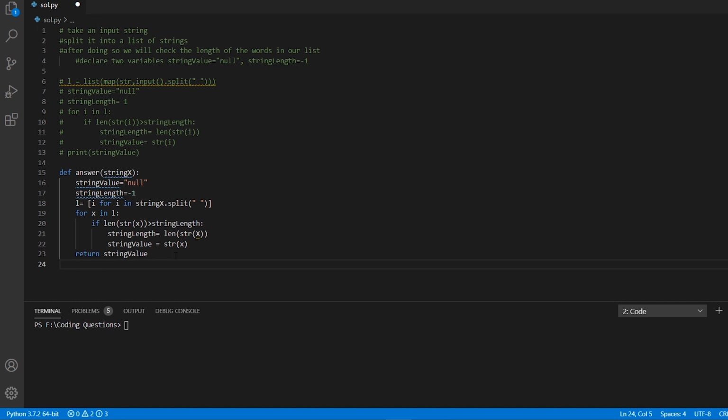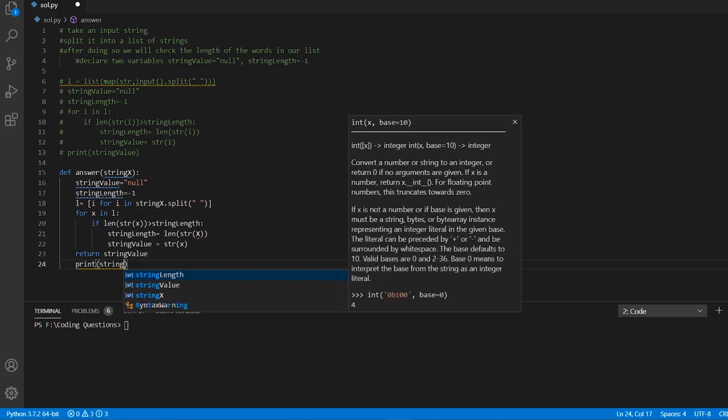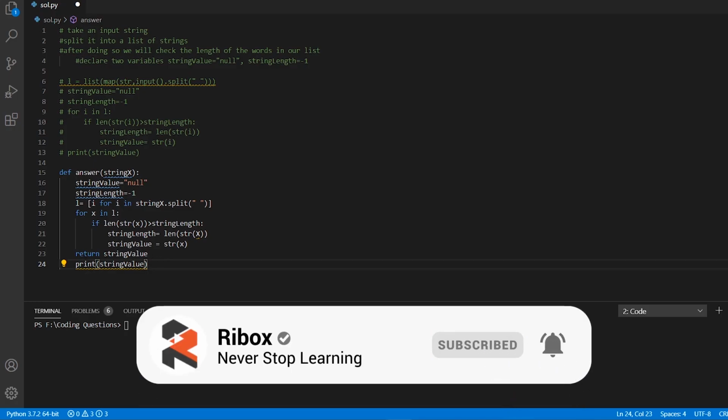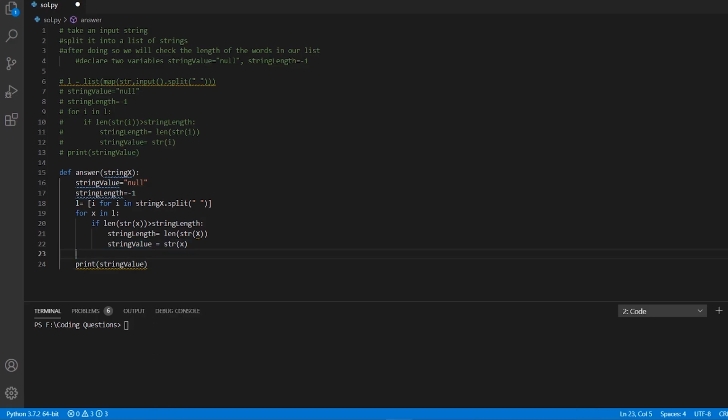And if it is demanded in the question that you need to print it inside of the function, then you can simply write print string value. But this line here is not correct now, because after returning this value, this part is not reachable. So let's just remove this, or cut it out and write it here. So I'm commenting out this line of code here because these are two different lines and they perform the same function, but one is within the function itself and the other one is returning to the main function. So this is how you do this kind of a question.